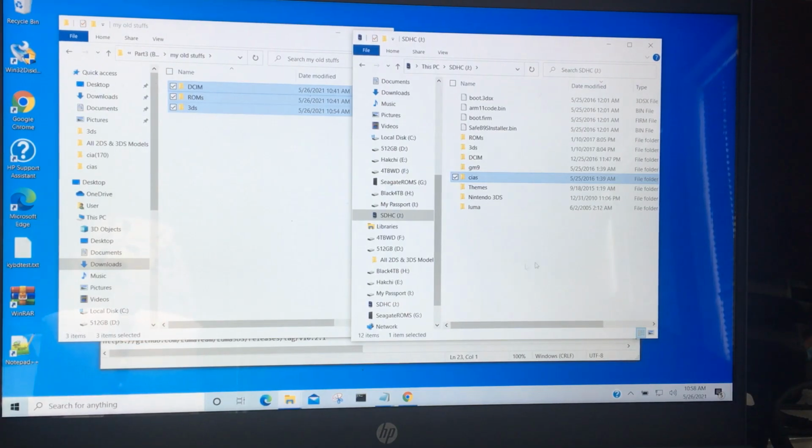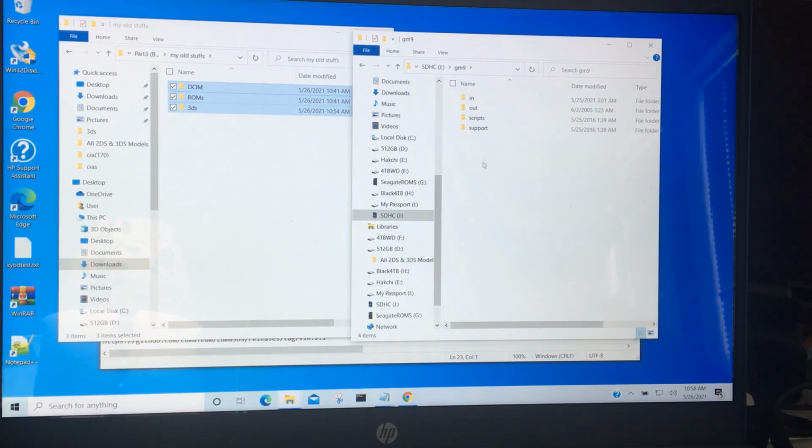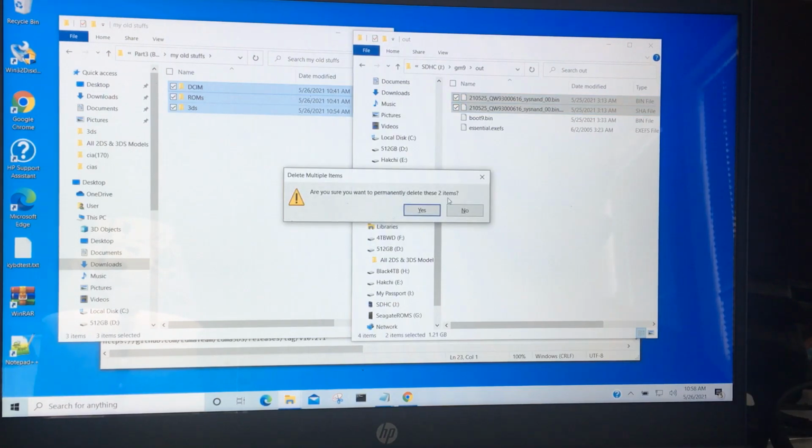All right, before I eject the SD card, you could go to the GM9. That's the one that we did the last step, we did output. Those 2 you could delete because you already have it on your computer. You don't need those anymore. So I'm going to delete those 2